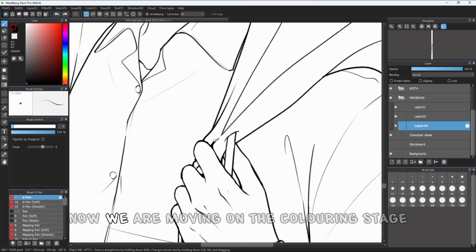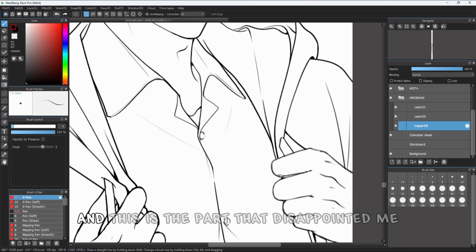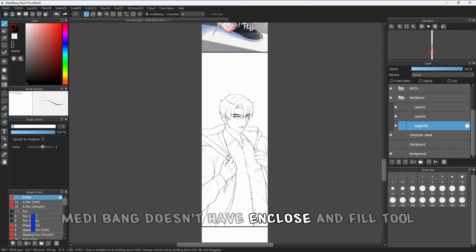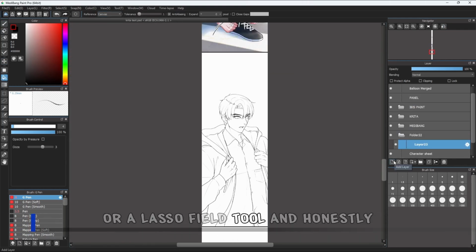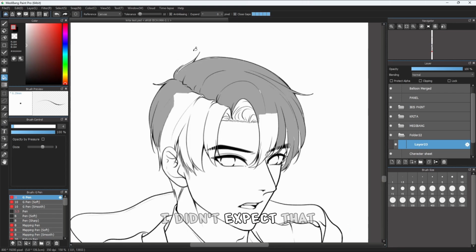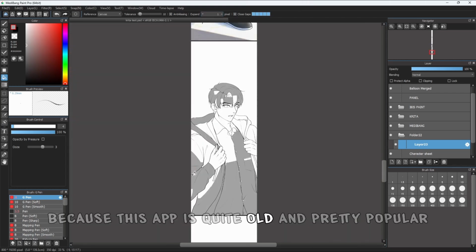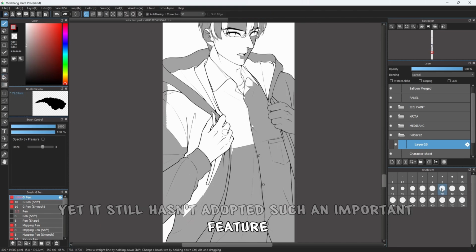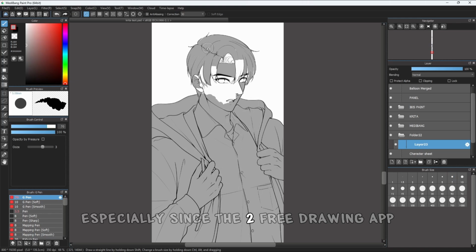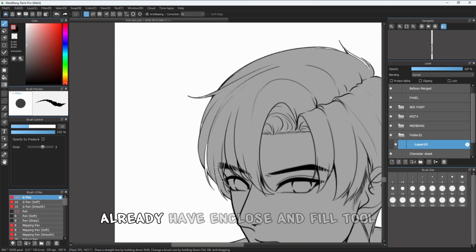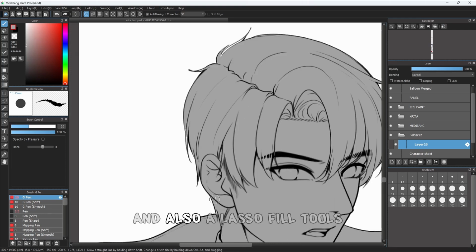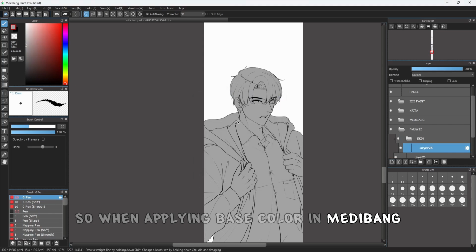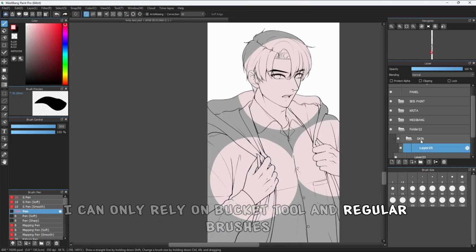Alright guys, now we are moving on to the coloring stage, and this is the part that disappointed me. Medibank doesn't have an enclose and fill tool or a lasso fill tool, and honestly, I didn't expect that because this app is quite old and pretty popular, yet it still hasn't adopted such an important feature. Especially since the two free drawing apps I have tried before already have an enclose and fill tool and also a lasso fill tool. So when applying base color in Medibank, I can only rely on the bucket tool and regular brushes,